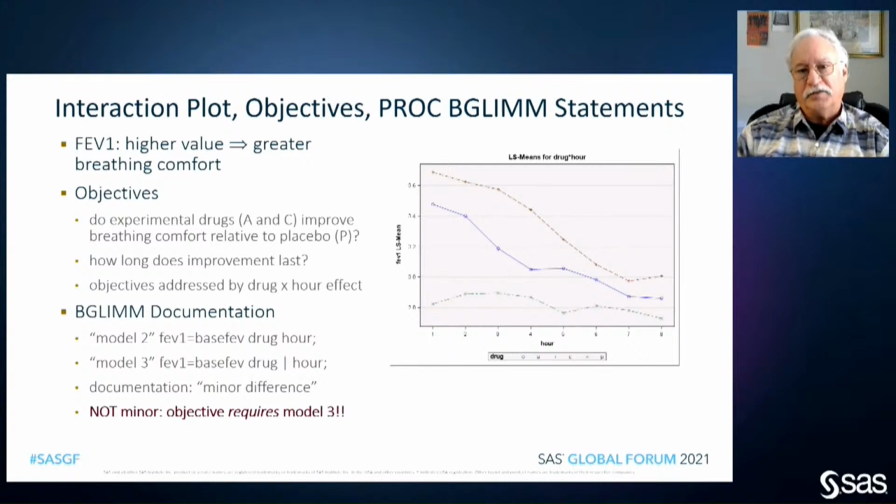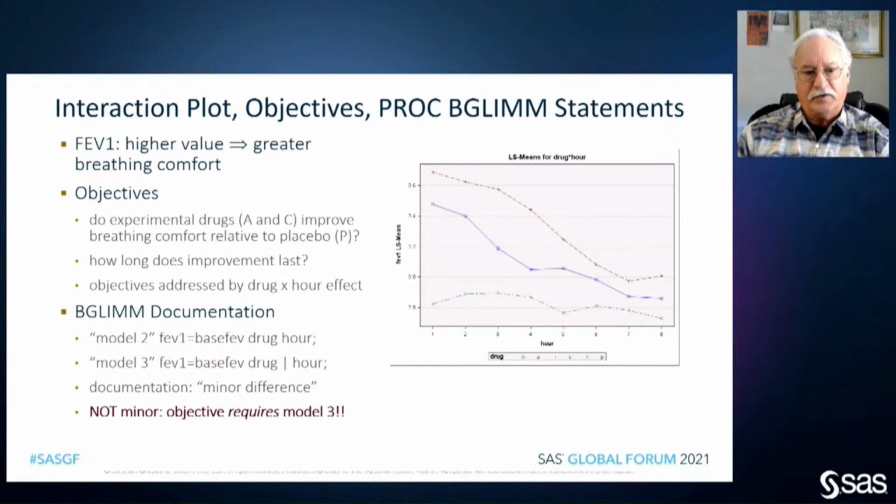And so if you look at this, what you're seeing is that in the placebo, nothing really happens. You've got a flat line around 2.8. In the other two, you get an initial increase and then kind of a straight line decrease over the 8 hours. So in order to address this in some way, shape, or form, your focus has to be on the